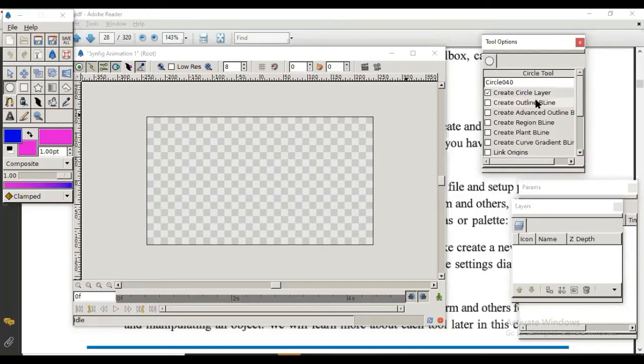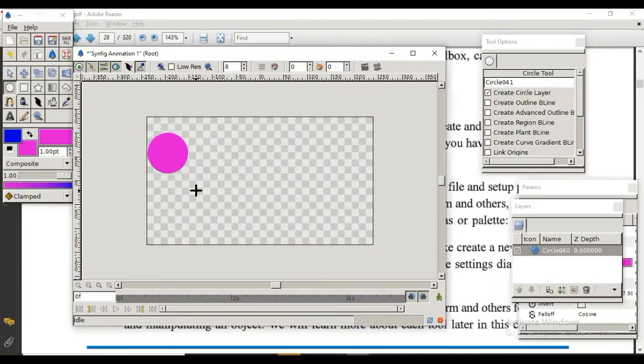Whatever is required or not, we have to check or deselect that. So right now I am keeping only create circle layer. See what happens. I can see that there is no outline, and we are supposed to get this outline here. Now again I am selecting this circle. I am selecting this create outline beeline.